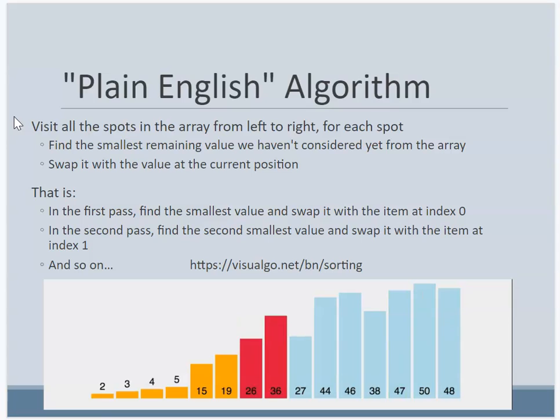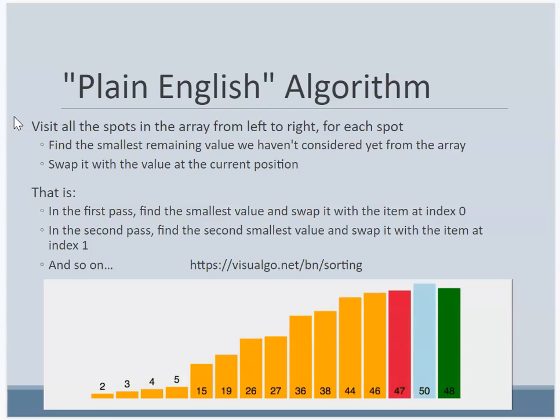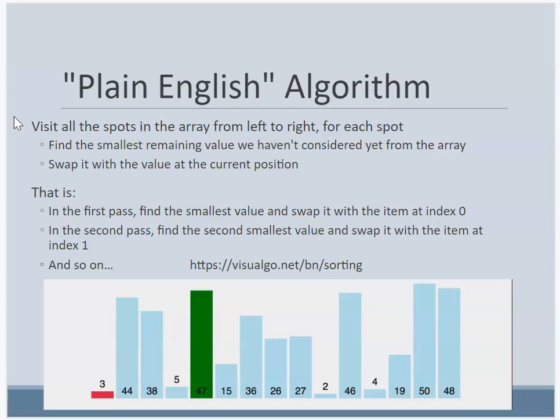So in the first pass, we find the smallest value, which means the very smallest value gets found in the first pass of your loop. And then in the second pass, we find the second smallest value and we swap it with the item at